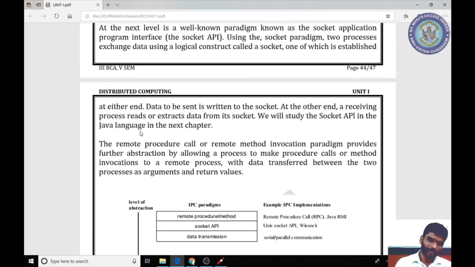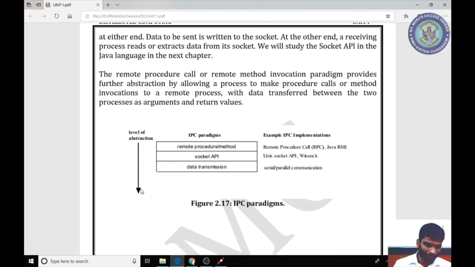And if you use C++ programming, then the concept of objects comes, and data is bound together in a class, that is the encapsulation concept. Data cannot be easily transmitted from one end to the other end. Suppose we use another one, purely object oriented, Java. It has a higher level of abstraction. So the level of abstraction may be high or low. When the level of abstraction is low, data transmission is serial and parallel communication.